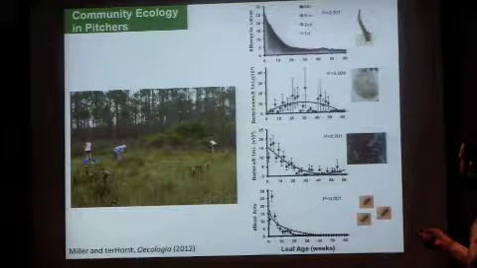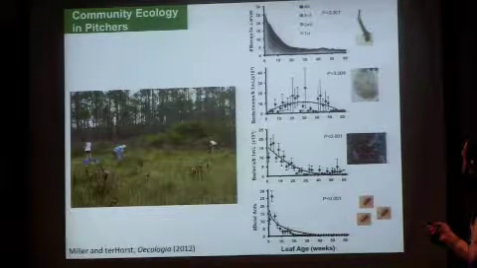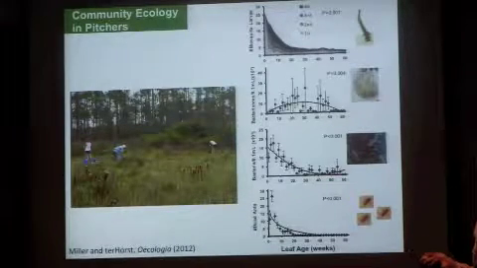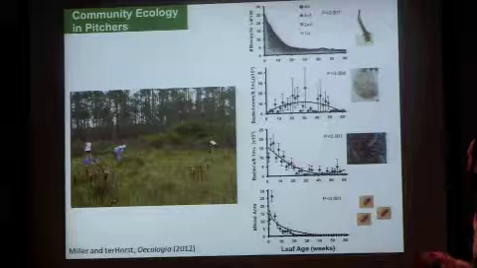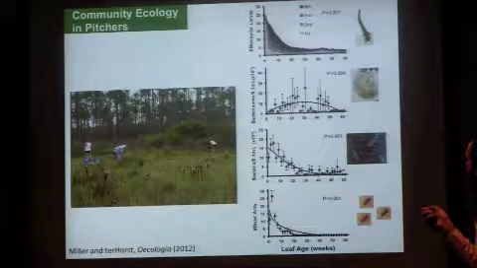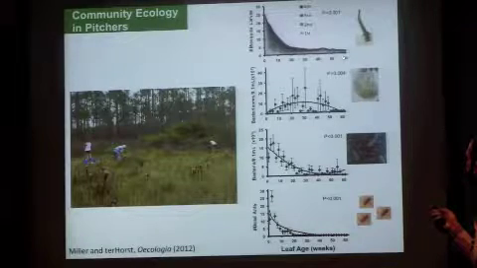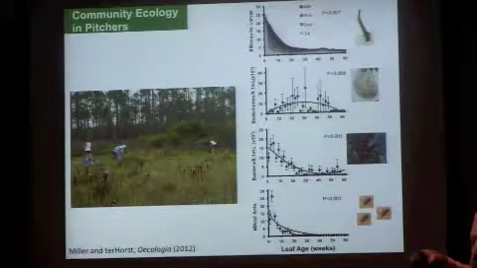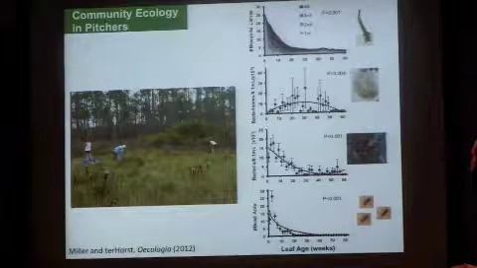You don't see a really strong effect with bacteriivores. So these are the protozoa and rotifers. Maybe there's a little intermediate peak in abundance there, but it's not a really strong pattern. And then mosquitoes go back to this other pattern where there's lots of mosquitoes in young leaves and not very many mosquitoes in old leaves. And those different colors are just different instar levels of mosquitoes, but they all follow the same pattern.